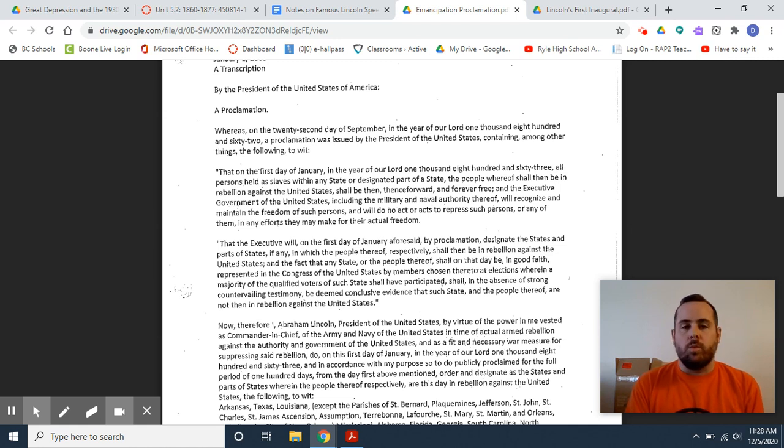This changes what the war essentially was about. It changes it from a political cause, the preservation of the Union, to a moral cause, personal freedom, self-determination. Up to this point, the Civil War is a political war about secession, states' rights, preserving the Union. This says, no, it is going to be about slavery and the end of it. This is about freedom. So the Emancipation Proclamation changes, in essence, the purpose of the war. It gives it a moral purpose.